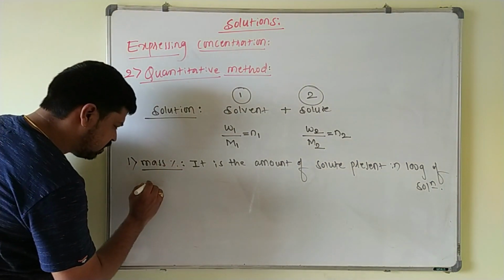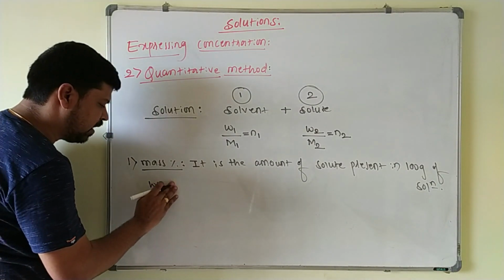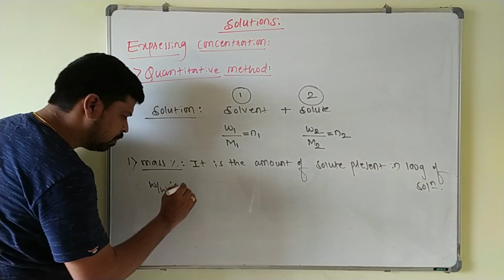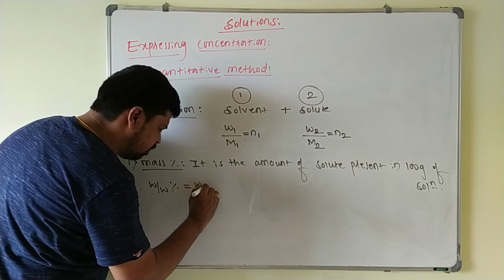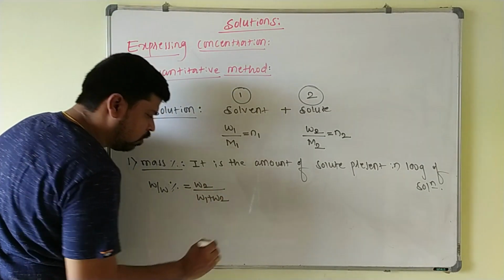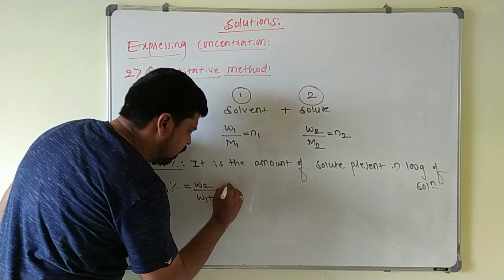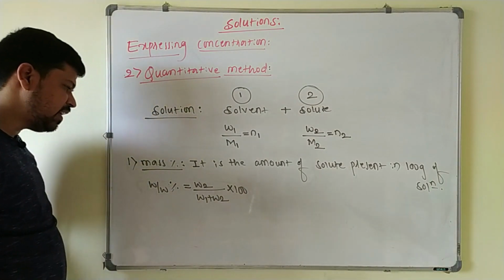So its symbol is W by W, mass percentage will write in terms of what? W by W percentage. Its formula is mass of the solute divided by total mass of the solution. Total mass of the solution is what? Mass of solvent plus mass of solute into 100. Example for this one,